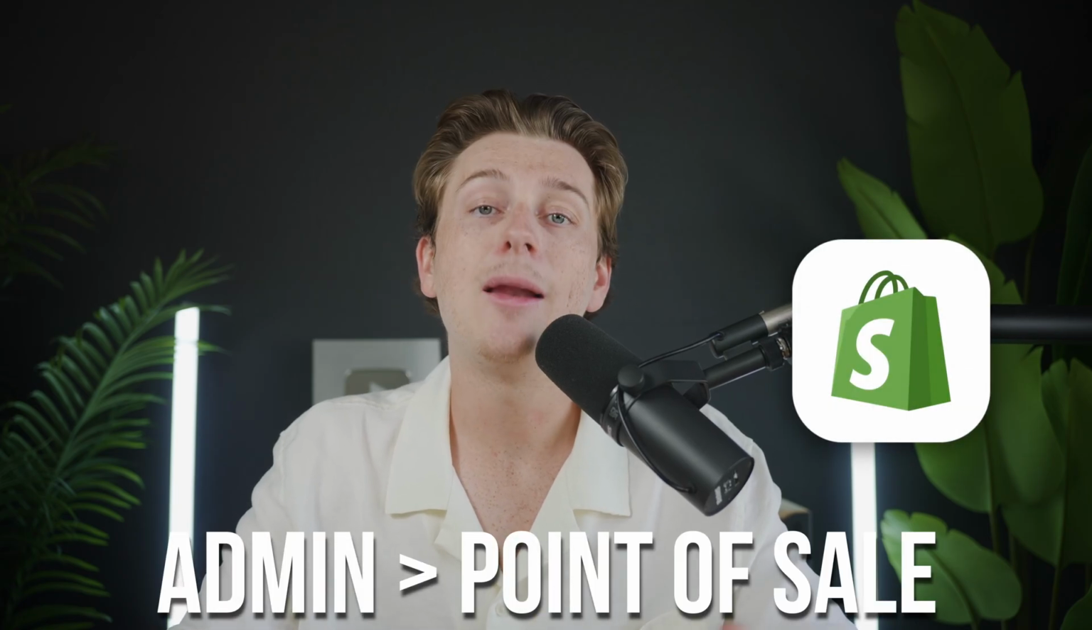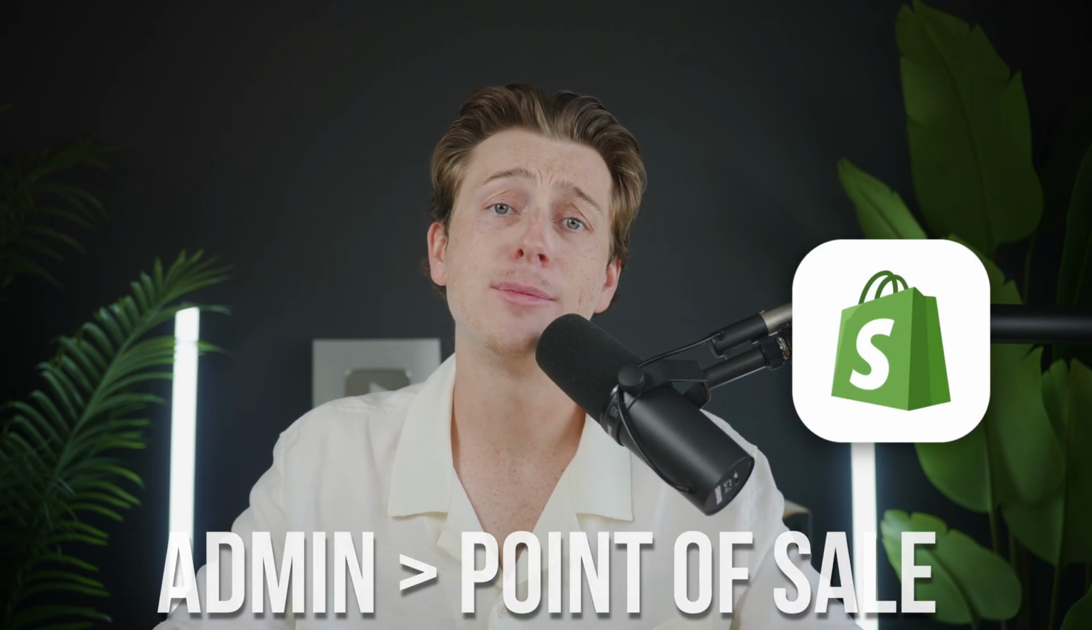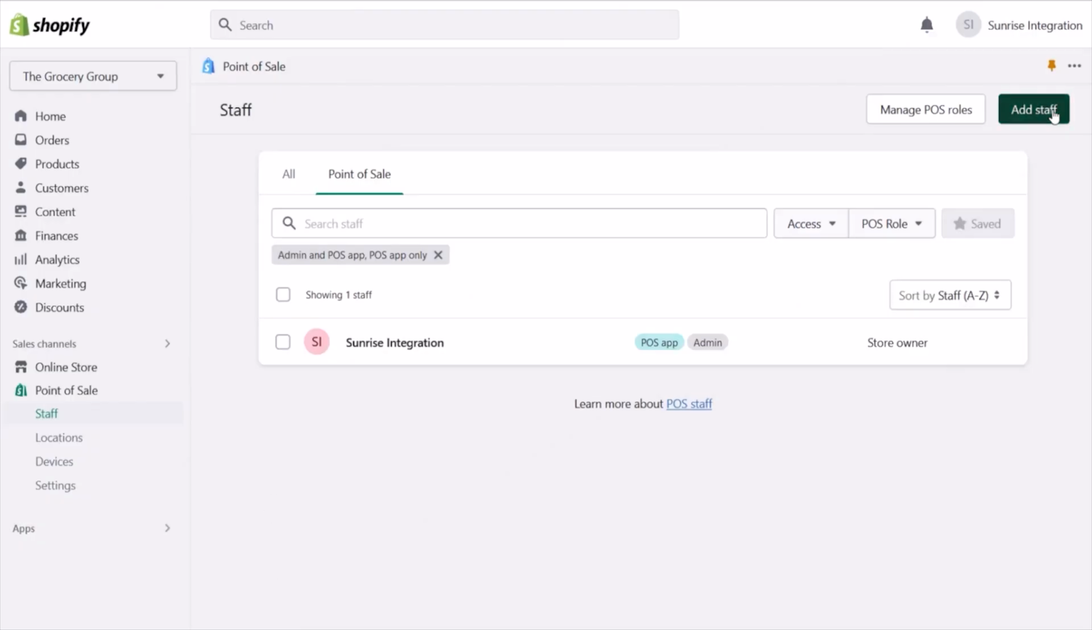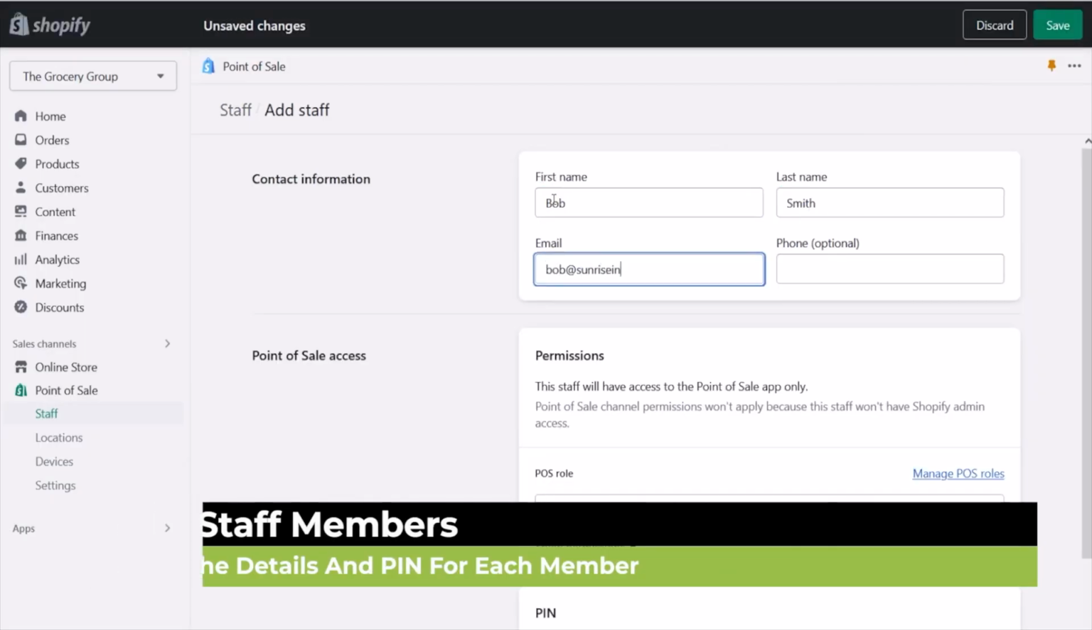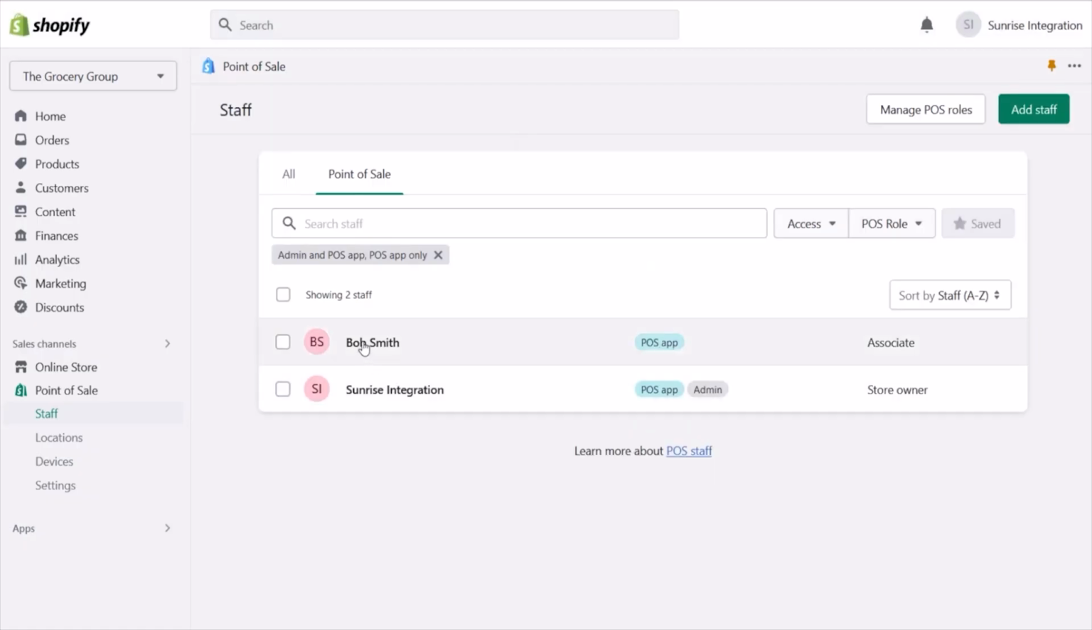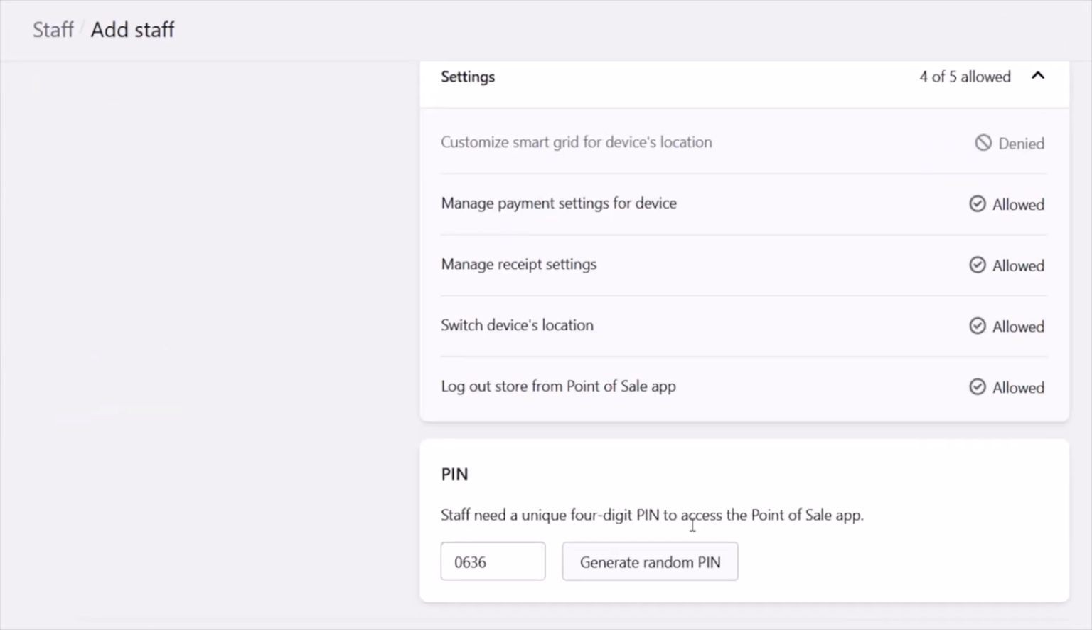In Shopify admin, navigate to the point of sale option, hit the staff button, and then click the Add Staff button. Once you've done that, you'll enter in each employee's name and email, assign a clear role to them: sales associate for everyday checkout, manager for cash drawer access and discounts, or just training if they're shadowing, and set a unique 4-digit PIN that they'll use to log in on the POS app,